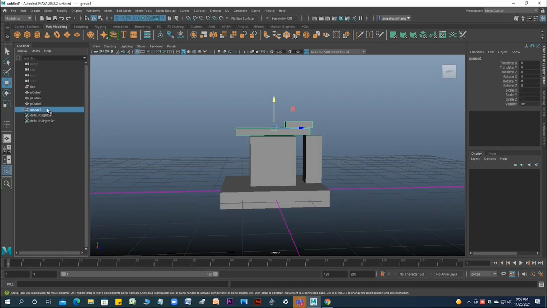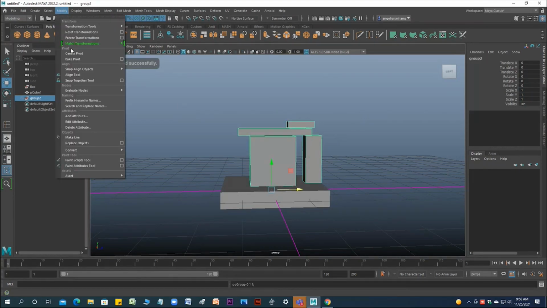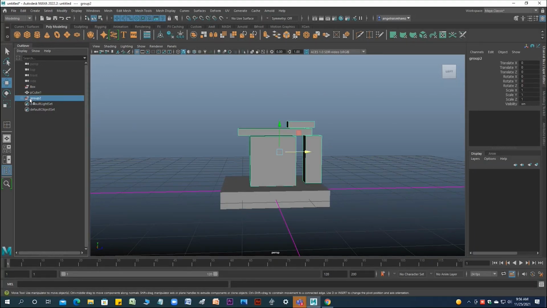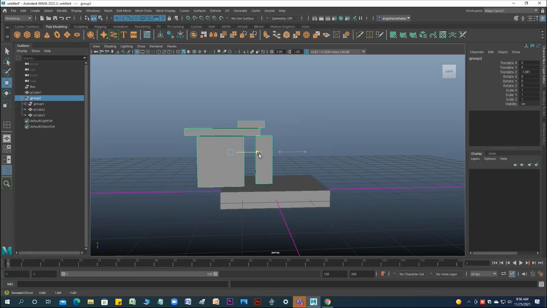Whenever you move this group 1, the group 1 is this. Whenever you want to move only these two objects, right? If you click this one and this one, then Control G, modify center pivot. So group 2 is there and underneath group 1 is there. Group 2 is the second box, you can say: one box inside another box, that is, two boxes inside another box. So if you move, it is moving like this.